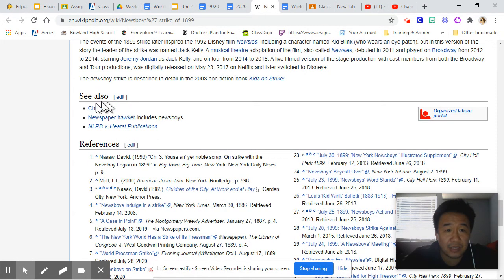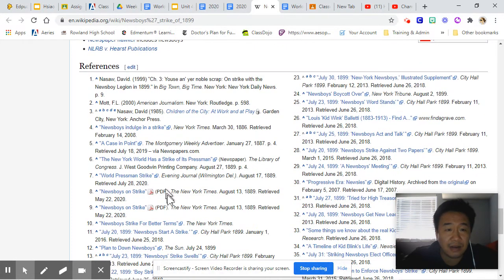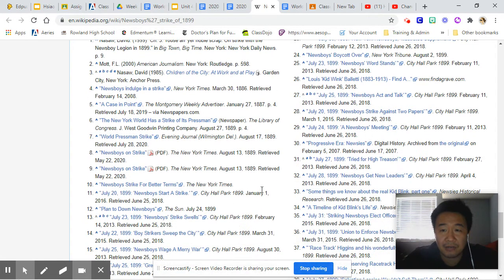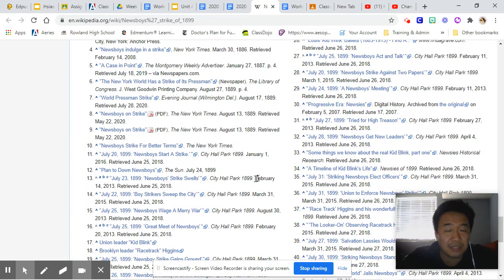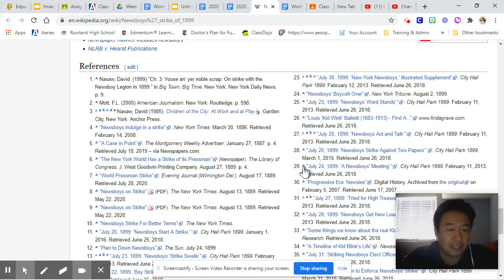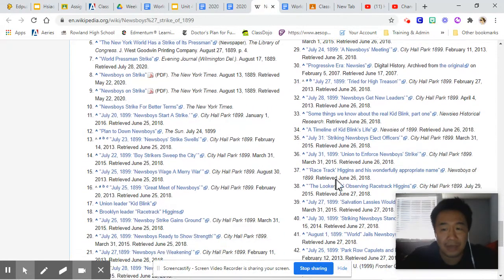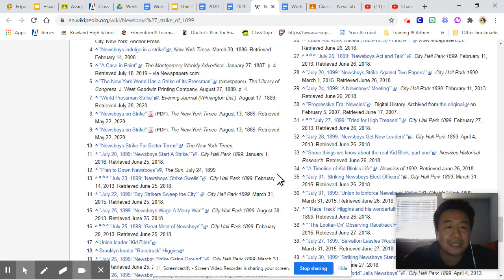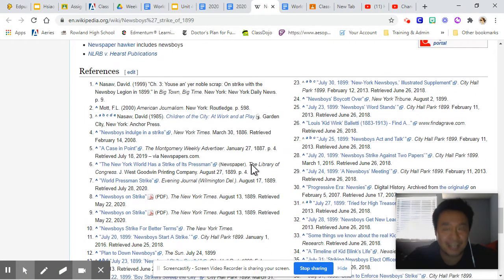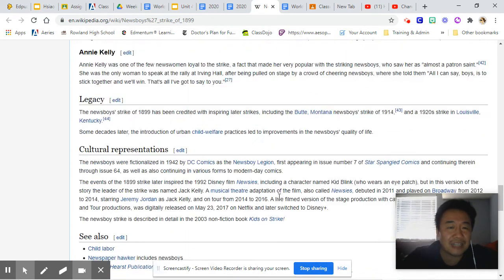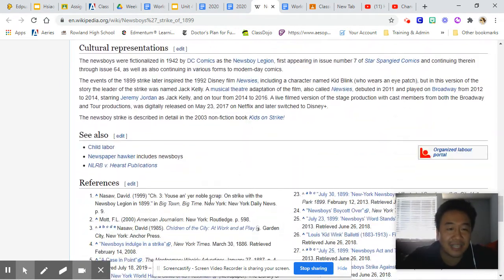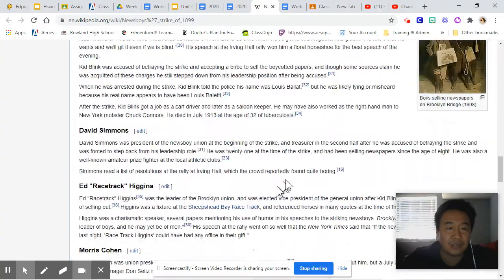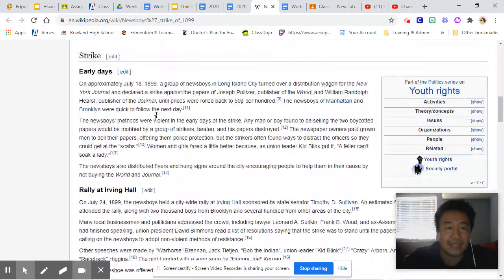But what's really important, and what you actually should be using, are the references. There's a "See also," but there are several references about what happened from newspapers, from City Hall Park, from PDFs, from the New York Times. So this is very specific, and the references are excellent. Use these references, because so many refer back to this day because it made headlines. It was such a big deal that everybody captured it. So use this references, don't use this. And that's actually really important.